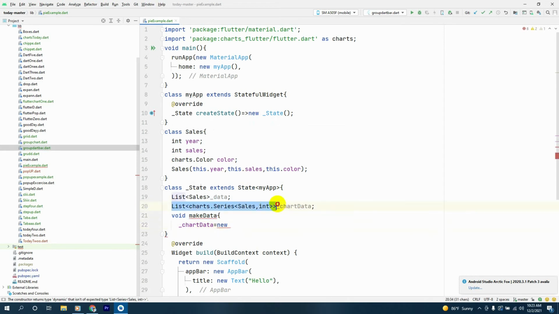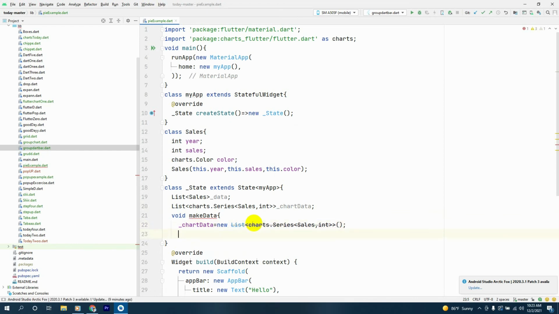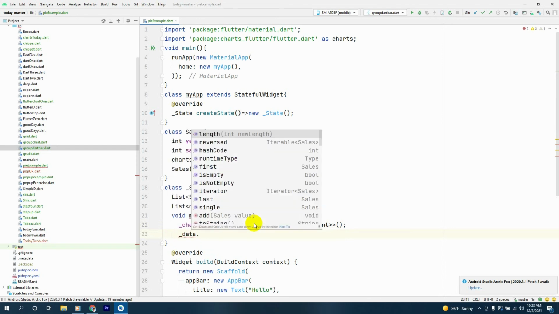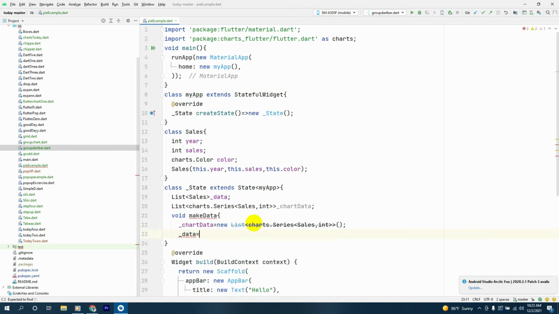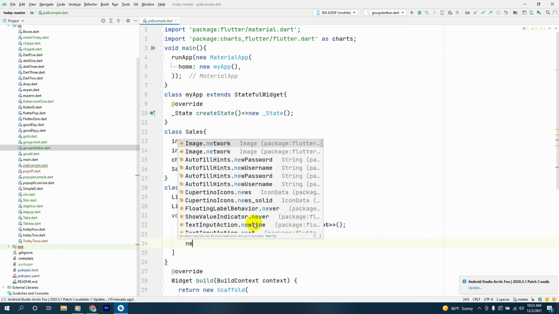We'll copy this from here and paste it here and have this. We'll close it. Next thing, we'll have our data equals sales and inside it we'll have a new